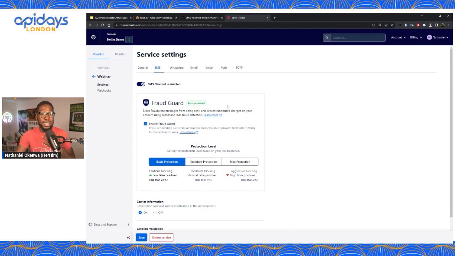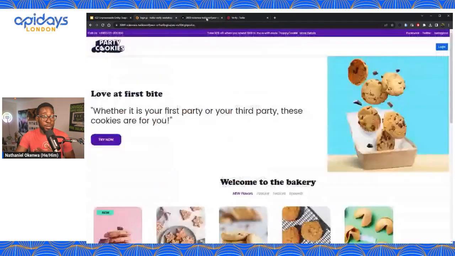All right, so we can see how we're protecting ourselves from SMS pumping. We're doing it in a couple of ways. First of all, we're building some practical stuff in our actual front end to protect our users so the users still feel like it's a good experience. But at the same time, on our back end, we are looking at all of those requests, how many of them, where they're coming from, and making a decision. We maybe are using some extra tools like Fraud Guard from Twilio to take a look at those and give us a suspicious kind of ranking to tell us whether it's good or bad, and automatically block and filter some of the bad traffic for us.